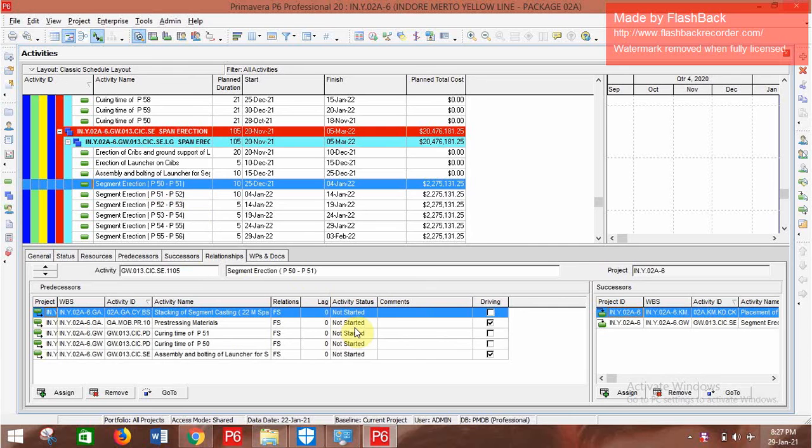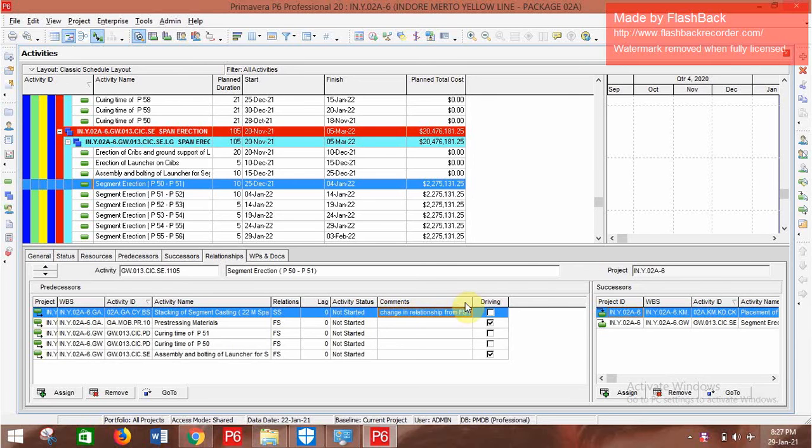Suppose when you are updating your work program, there should be a change in a relationship. Suppose this relationship changes from finish to start to start to start. So I put a comment: change in relationship from finish to start to start to start.